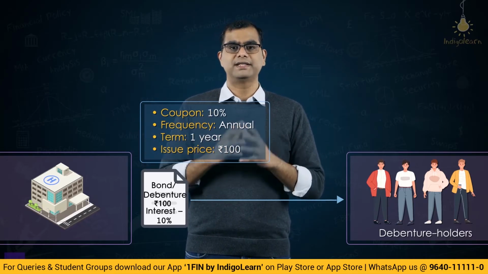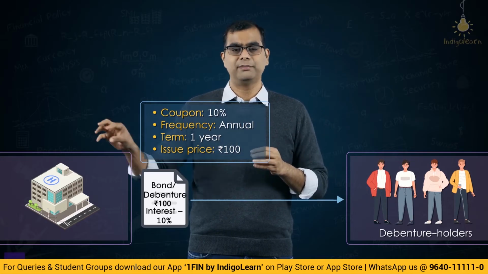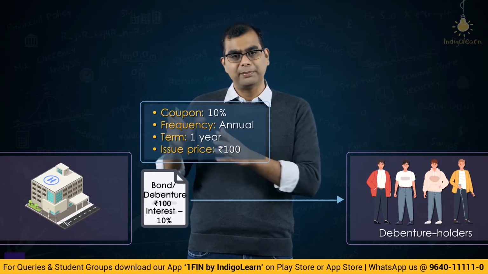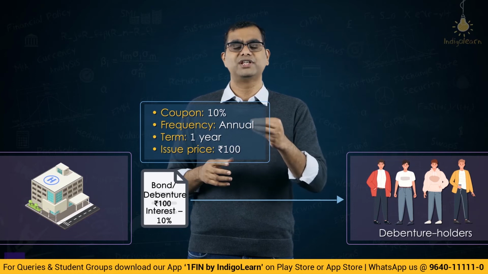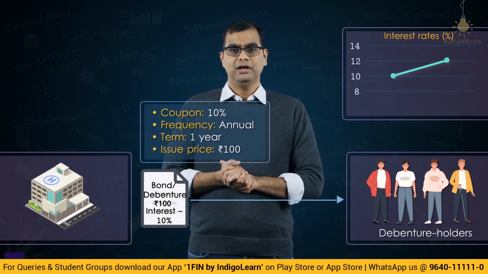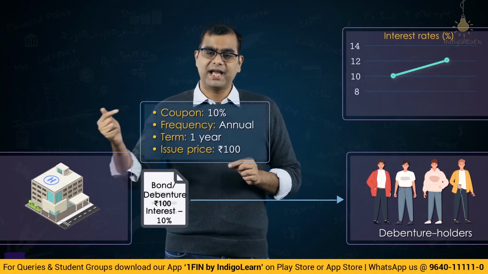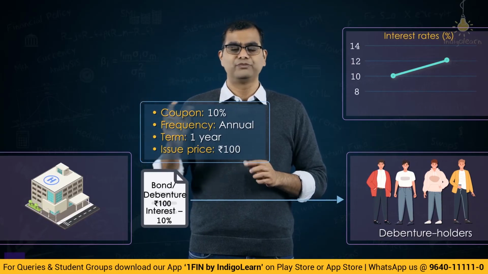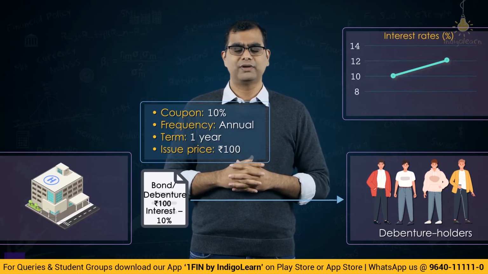Now we will change the same example and say suddenly that the market interest rate, so for this company now to borrow, or for this set of debenture holders to lend to this company of this type or this kind or this style, the interest rates have suddenly changed. Let's say interest rates have changed from 10% to 12%. So based on the same logic what I told you for fixed deposit, if there is a security which has fixed payments and the coupon payments are based on a specific fixed interest rate, suddenly the market interest rate is now changed to 12%.